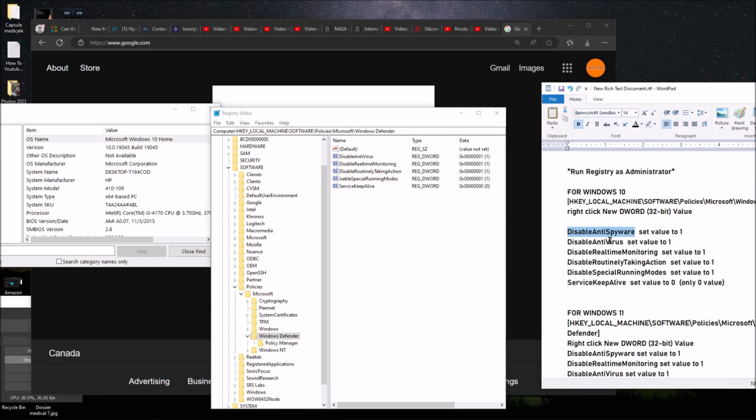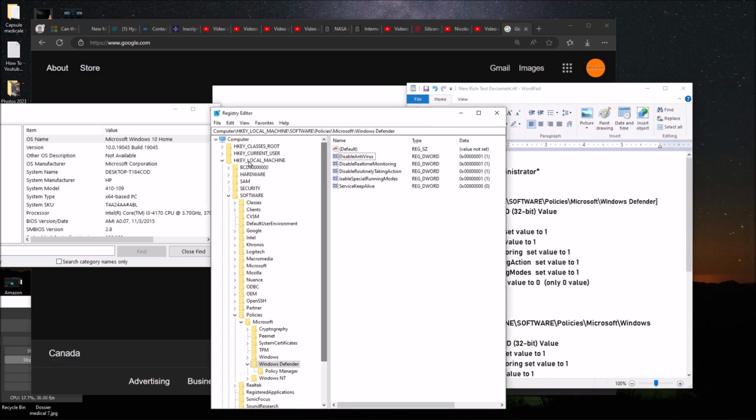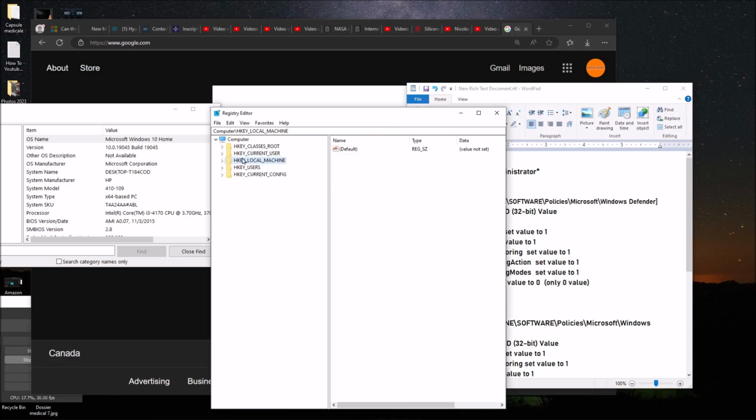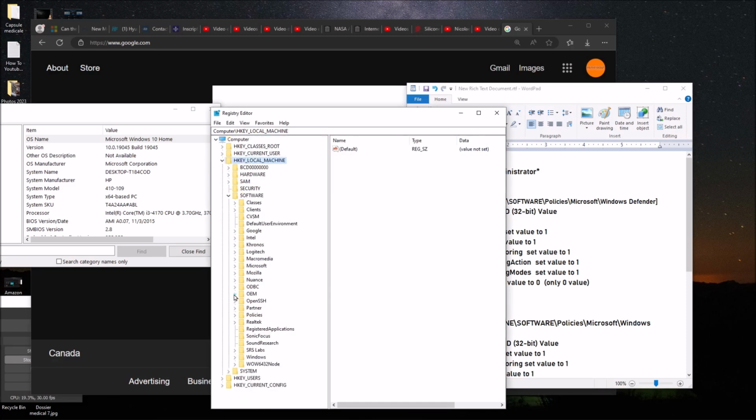And then just go here. I'll put this in the comment section. We are going to navigate in the registry. You just press these small arrows here. Make sure you go to the right location. Don't change anything else, or it's going to make your system not function properly. So it's policies, HKEY_LOCAL_MACHINE, Policies, Microsoft, Windows Defender.